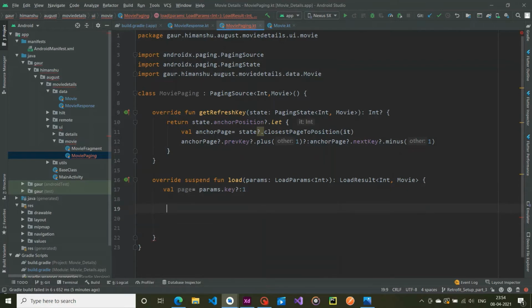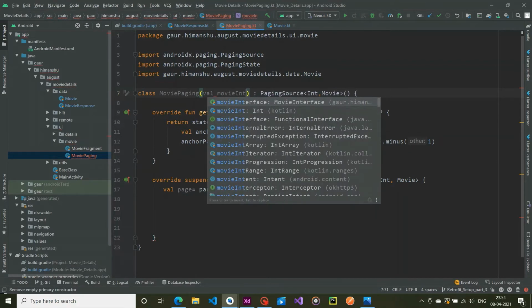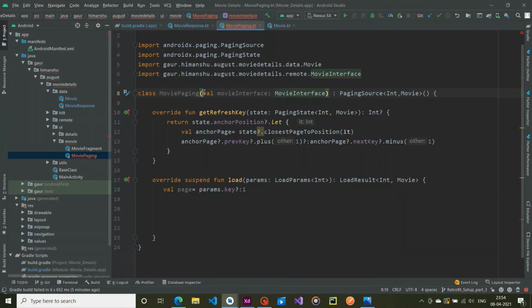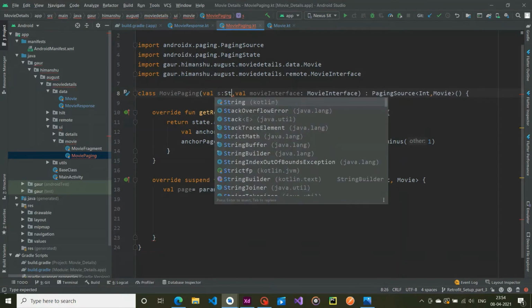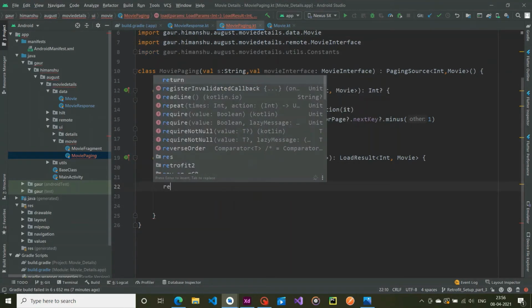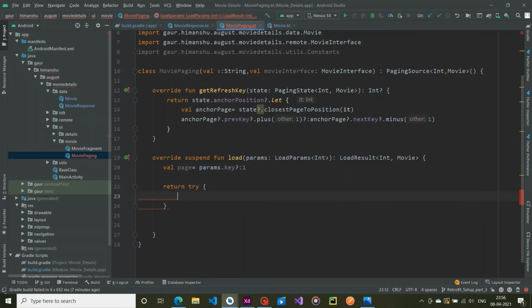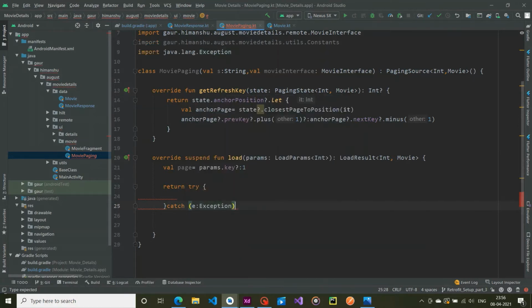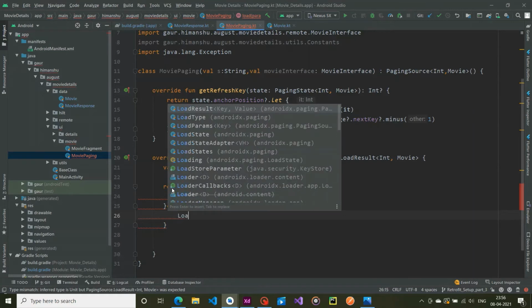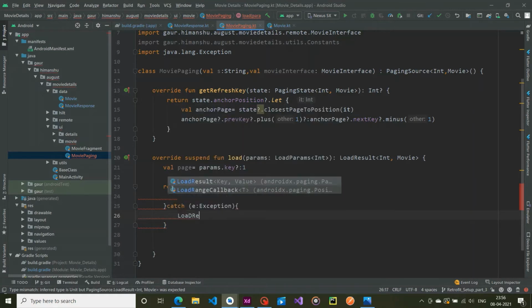All right, so in order to make a network request call we have our movie interface. Just before this we have our val s, which is of type string. Return try, and we have our catch, which is catching any kind of exception, and if any kind of exception occurs then our load result